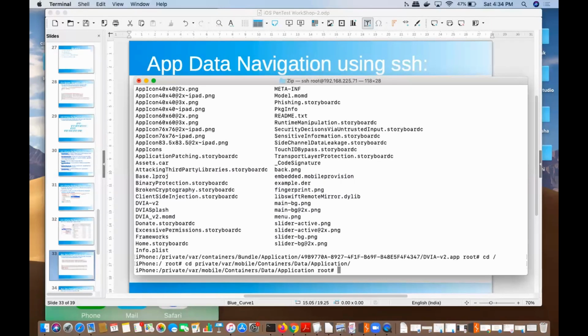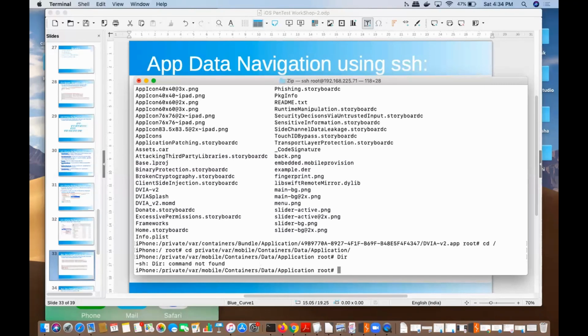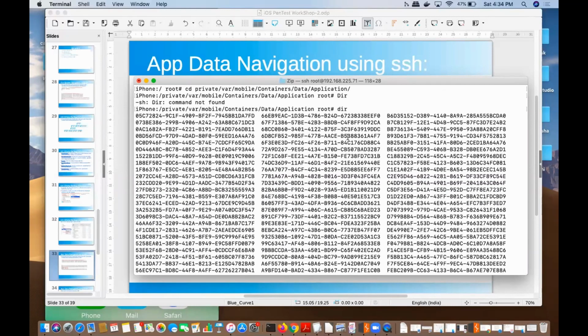right? If I do dir, oh yeah, you can see, right? So there are so many applications installed on this particular iPhone. So that's why you are seeing lots of UUIDs, right? So to check your UUID, you need to navigate to the Filza